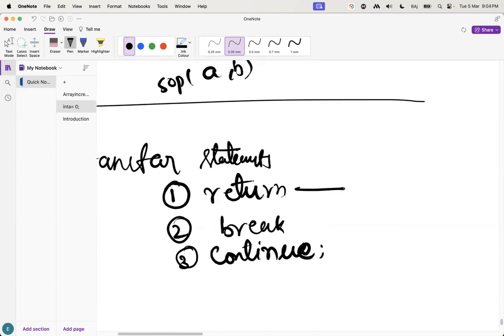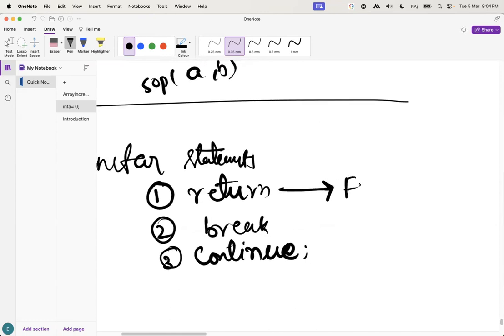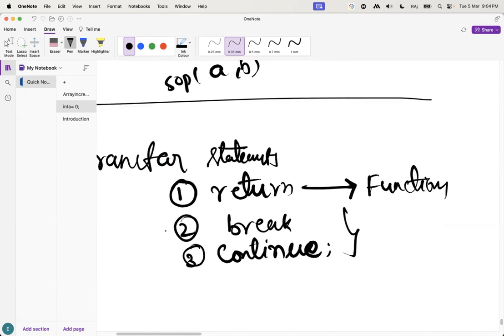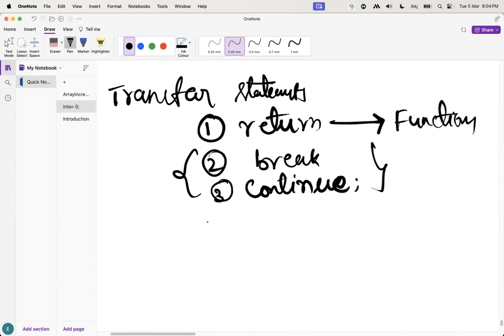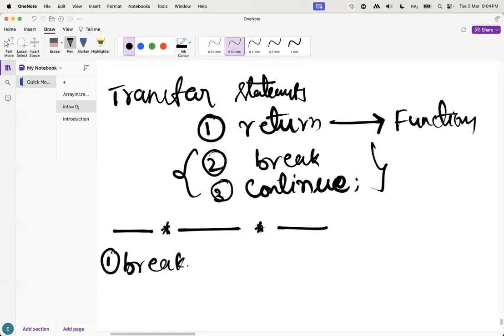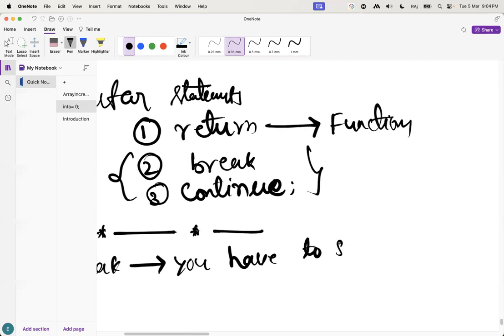Guys, about return, I will explain it to you when I am taking a class about functions. Now I am going to explain these two: break and continue. Guys, usually break means you have to stop the